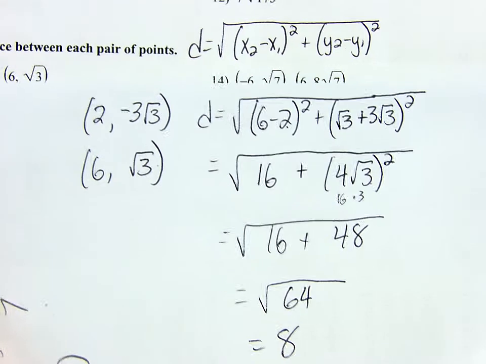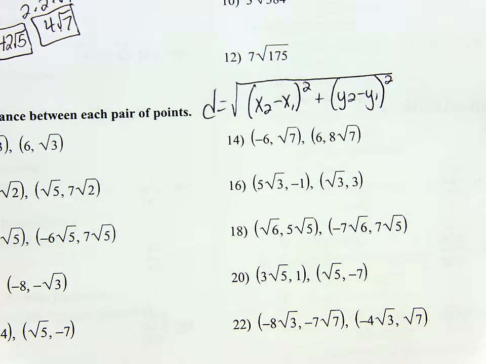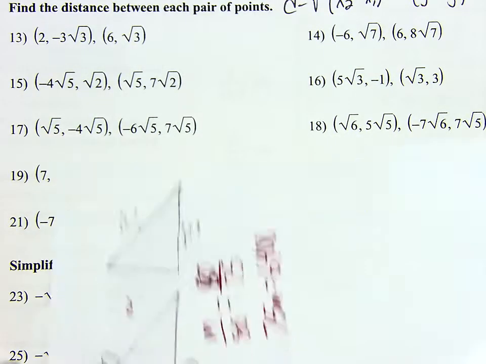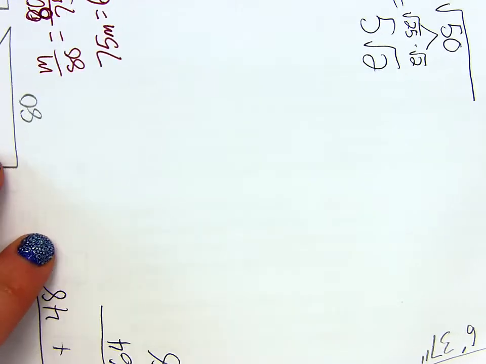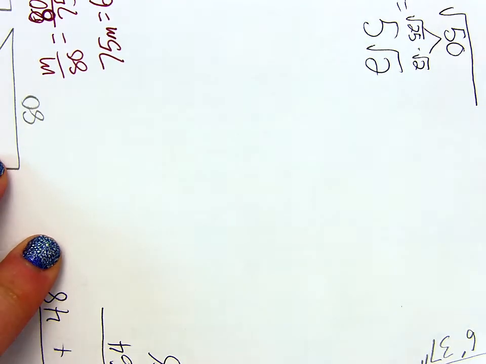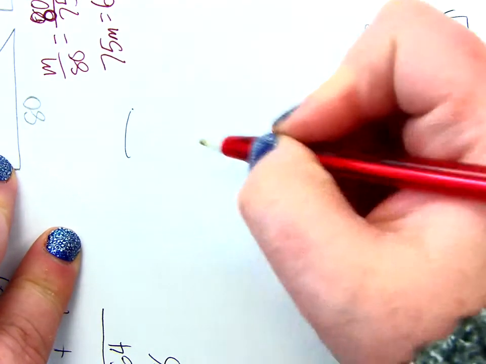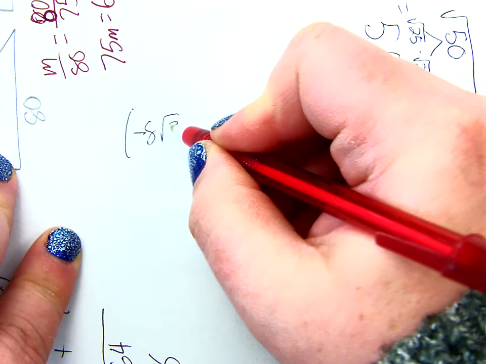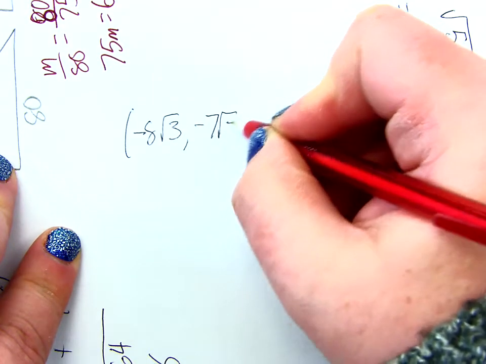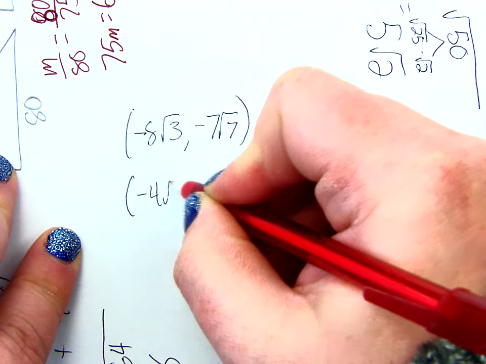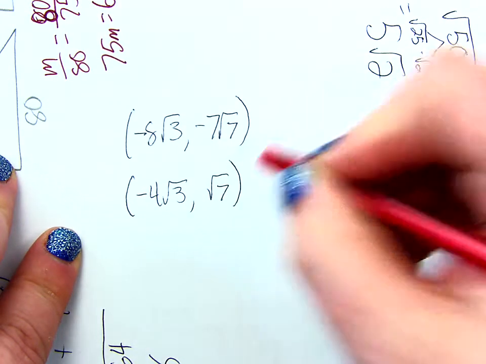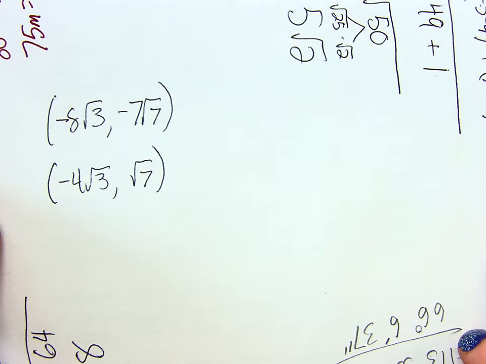Okay, so let's see if we can do one more together. How about, it doesn't really matter, anybody have a preference from 14 to 22? 22, okay. 22, so the points are (-8 root 3, -7 root 7) and (-4 root 3, root 7). Okay, so if I want to find the distance between these 2 points,